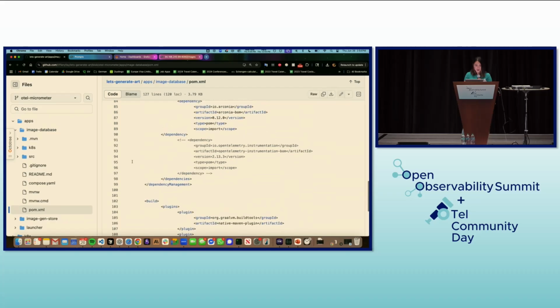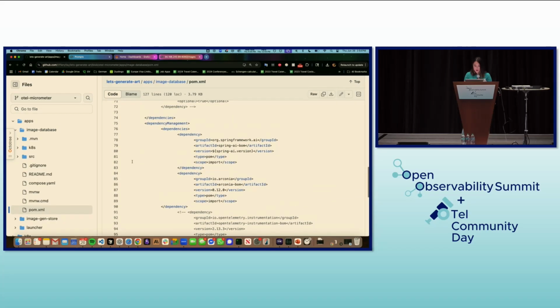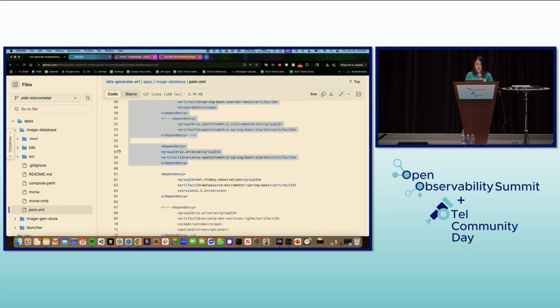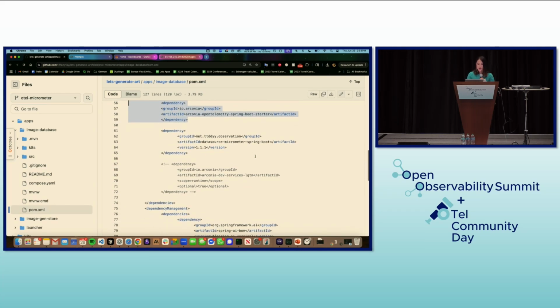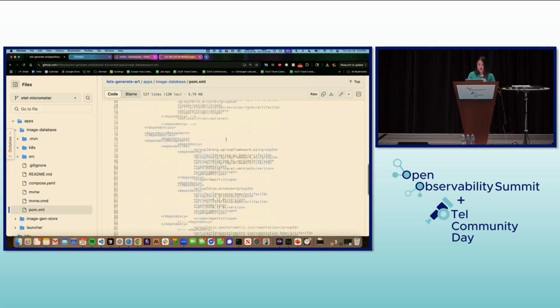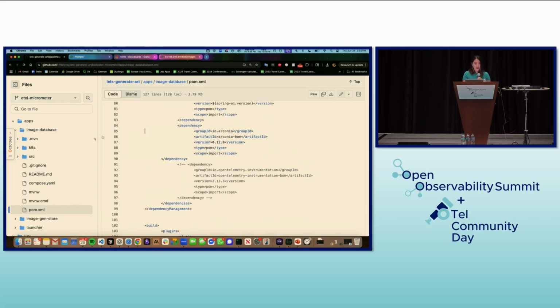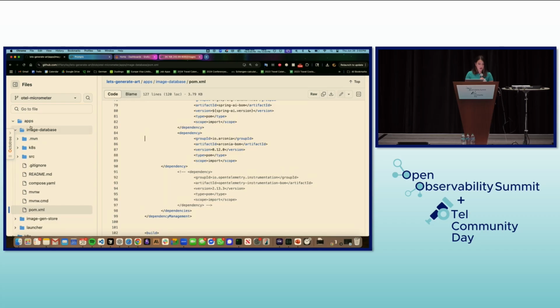If we take a look here, let's see, make sure I actually pushed it properly. OK, so we can see in here that we have Arconia. We can see the OpenTelemetry Spring Boot starter. We have the one for Micrometer, and then we also have the BOM there. If I take a look into my code,